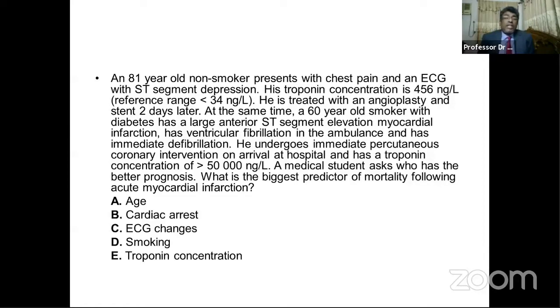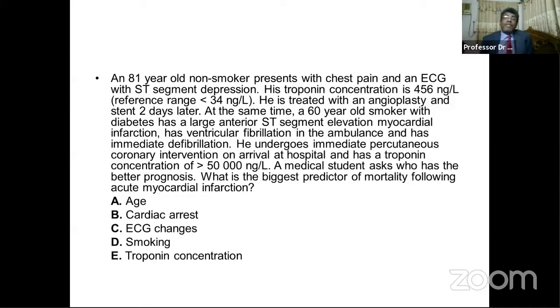The important predictors are troponin or ECG changes. If there are more ECG lead changes, with ST elevation in more leads, that indicates more cardiac mass involvement, and that also has a worse prognosis. Smoking also is an important factor, but not as important as troponin I or ECG changes. Troponin concentration is the most important predictor, the biggest predictor of mortality following acute